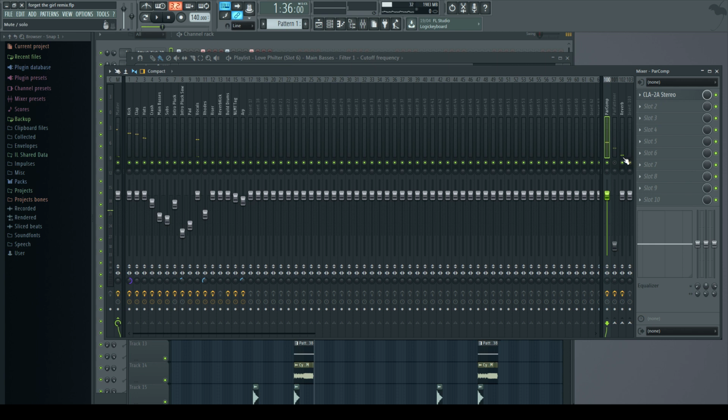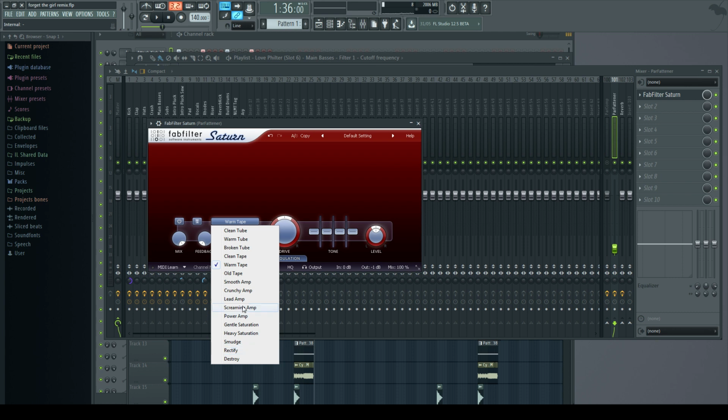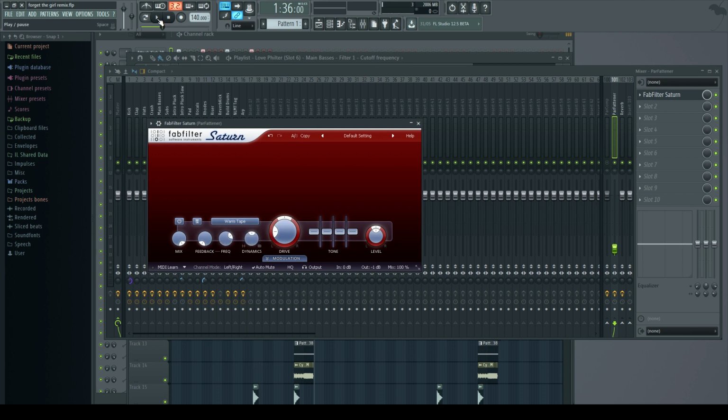So after that we can move on to parallel distortion or parallel saturation, however you want to look at it. So for this you can use Sausage Fattener. I find settings where you turn up the colour and the fatness controls on it can sound quite nice, but obviously you've got to blend it in really carefully. Too loud, it's going to destroy your drums. Too quiet, it's not going to do anything. So for this I've got FabFilter Saturn. We're just on the default setting, so if I just literally recall this default, you can use any of these algorithms. I'd recommend the tapes or the tubes because they're not going to cause too many problems, but we'll have a look. So if I play this back and mix this in,